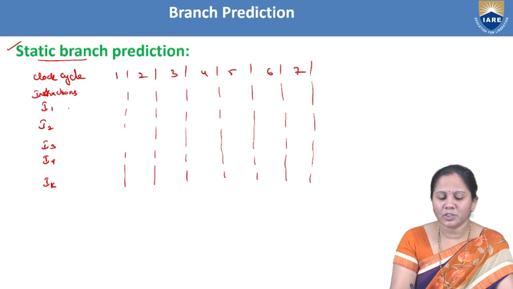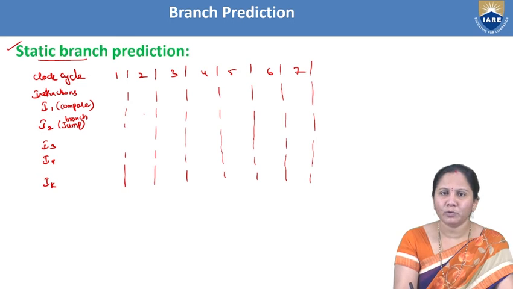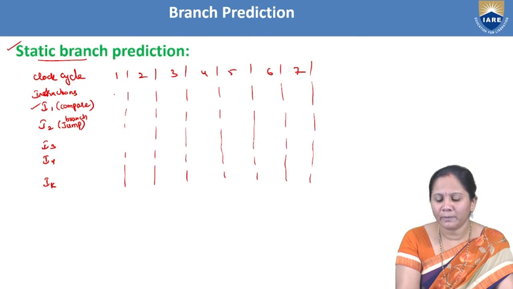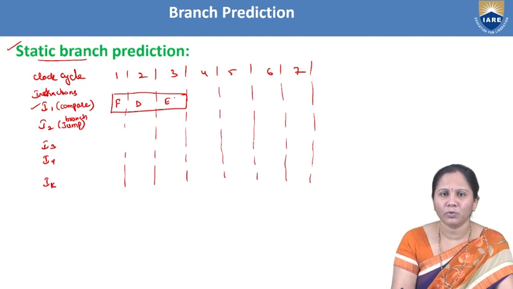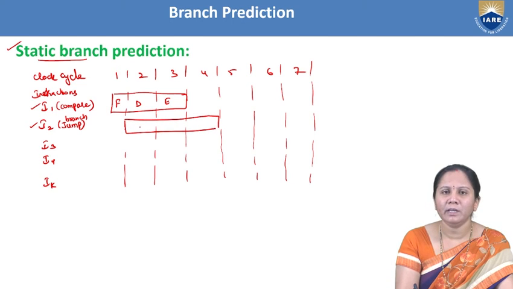Consider that instruction I1 is a compare instruction and the I2 instruction is a jump instruction, which is called a branch instruction. When I1 is executed, it first fetches, next decodes, and in the next cycle it goes for execution. When the I2 instruction is executed, in the first cycle it fetches the instruction, next it goes for decoding,